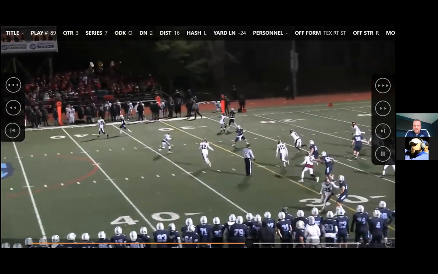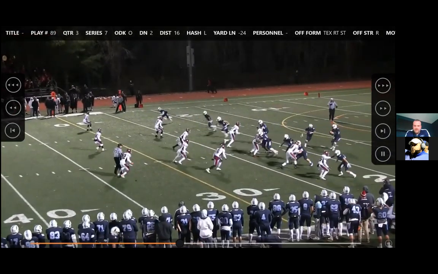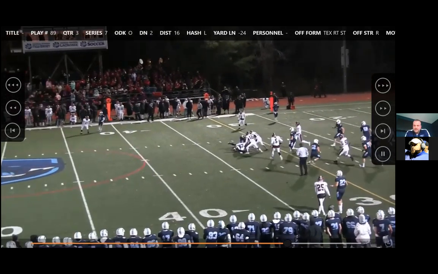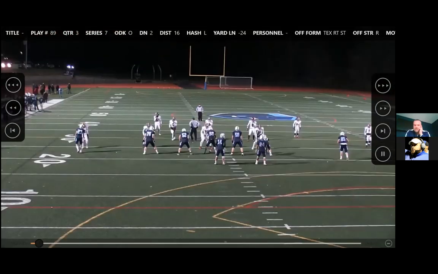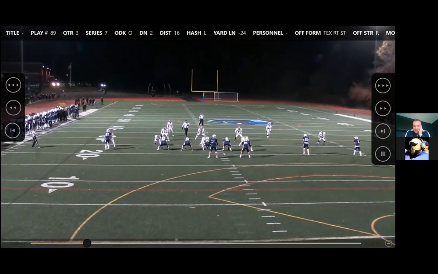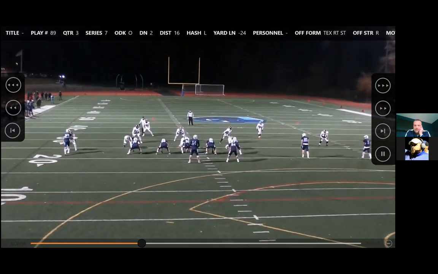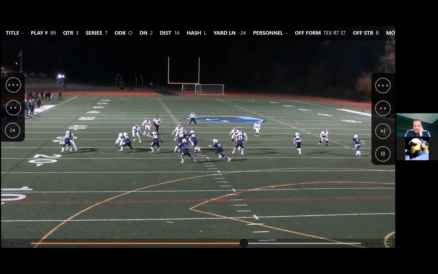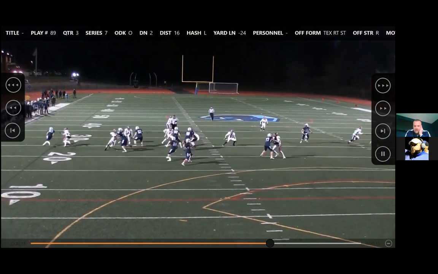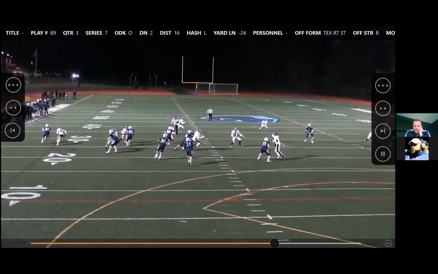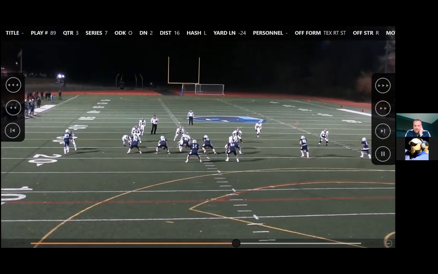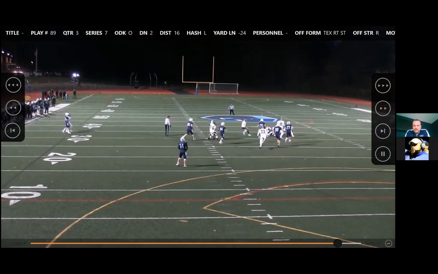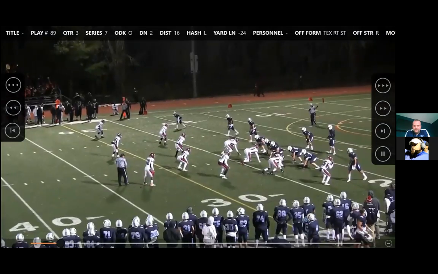Now, this is Brockton. This is 2nd round of the playoffs. Very good team, very talented team. They're fast, man, and they're really good. I think coming into this game, they had just whooped on Newton North, and they hadn't given up a lot of points defensively. Their defensive coordinator played for us at Framingham State, really talented young play caller. And as the game went on, I won't show you all the clips from this game, but he slowed down, and we put a couple of their guys into stress, and I think we caused some issues for them.